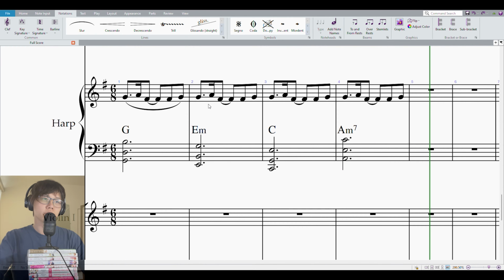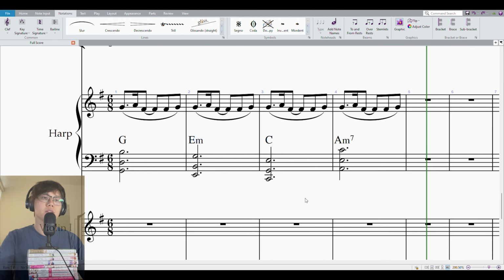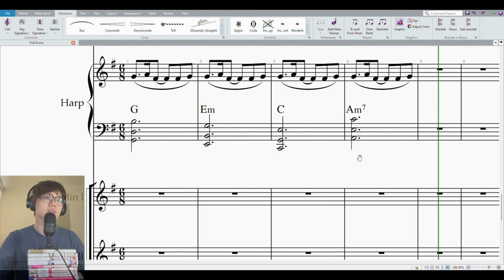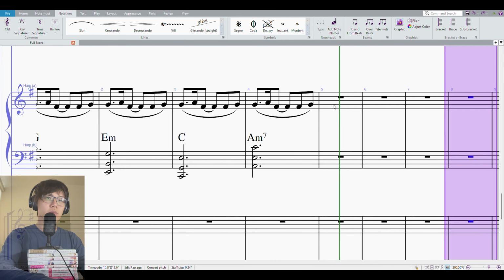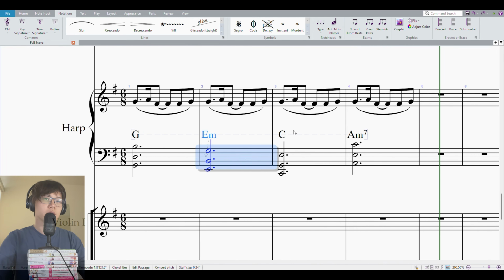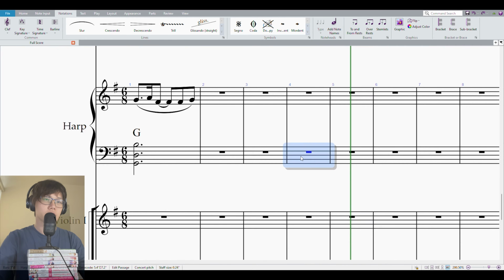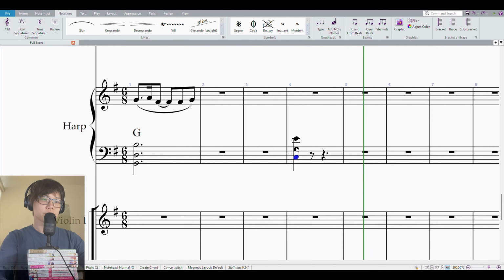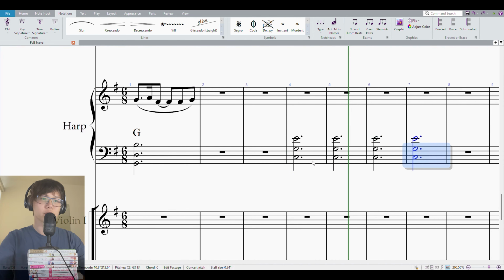One method you can use for reharmonization is to extend one of the harmonic functions: tonic, predominant, or dominant. In this case, G and E minor would be extending the tonic, whereas C and A minor would probably be extending the predominant. And you don't have to use it all in this order, right? You could reach a point in the music where the initial melody was this, but now you want to reach a nice big cadential 5 moment. So what you could do is extend